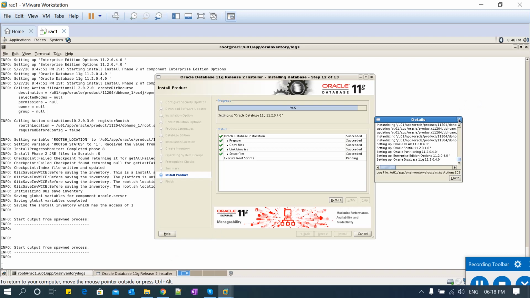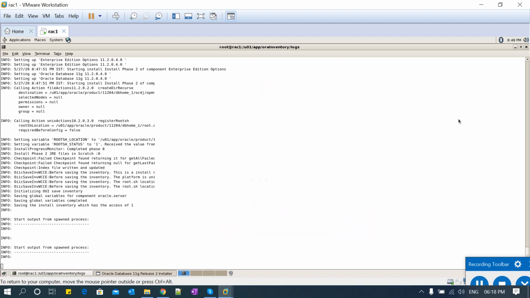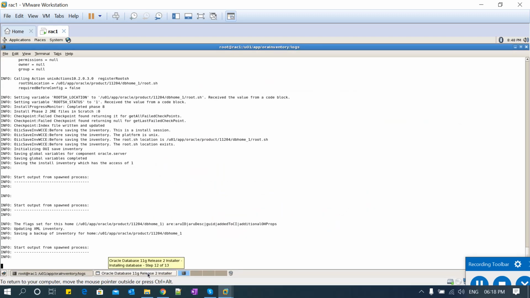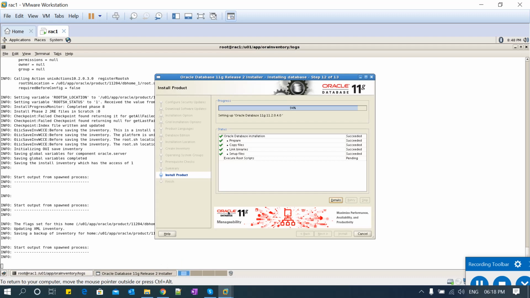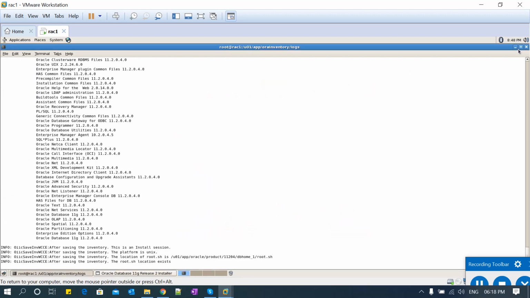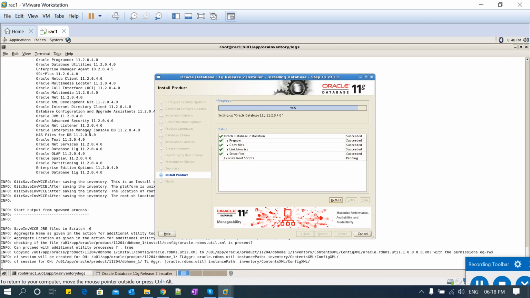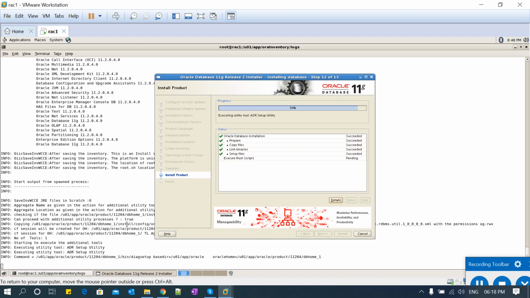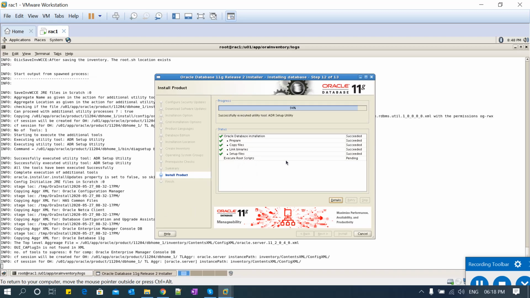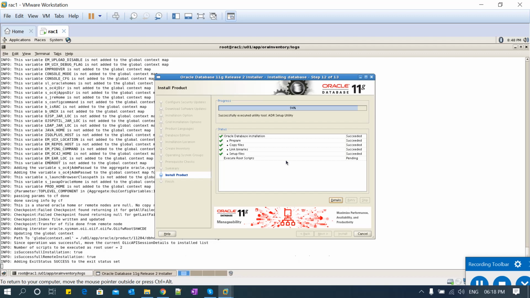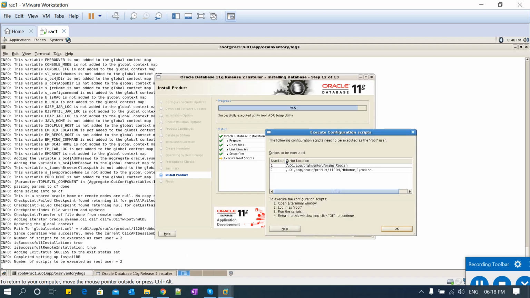I'll just close this one. Yeah, you can see a lot of things are happening, executing the root files. There are a lot more things. If you go through that log file in detail, that will give you a lot of information.